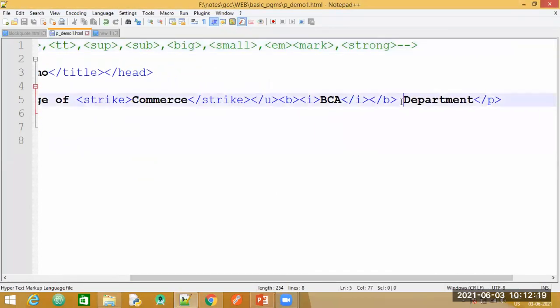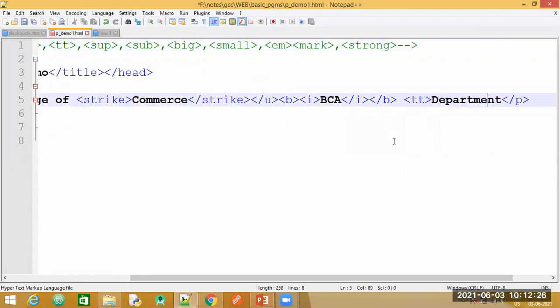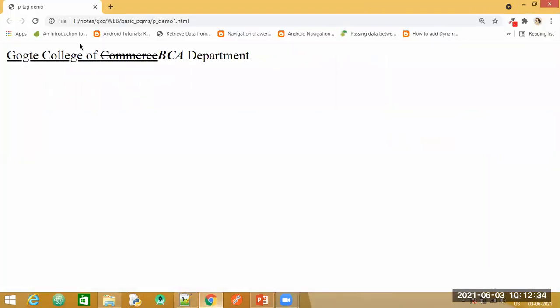We'll try to apply it for the word department. Save it, go back to the browser and refresh. So observe the word department now. All of these individual letters will have the same width.